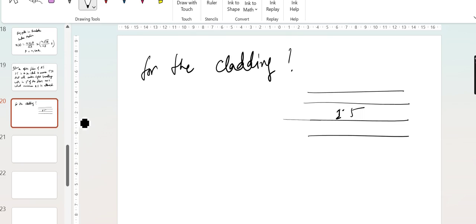And when you send the angle, okay, this is the fiber axis. This is 5 degree. So basically, this should be 90 degrees because there is total internal reflection. And by the virtue of geometry, this is 90 degrees. If this is 5, this is 85 degrees. Then